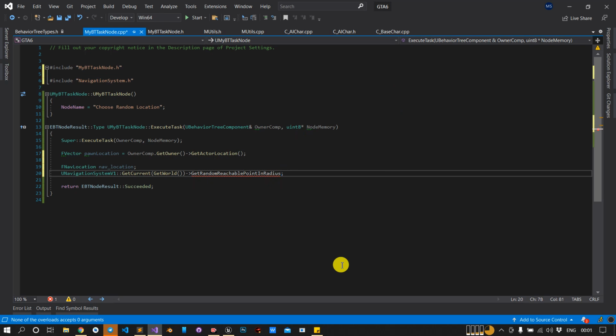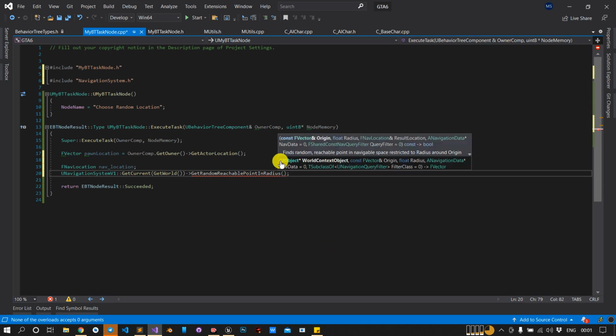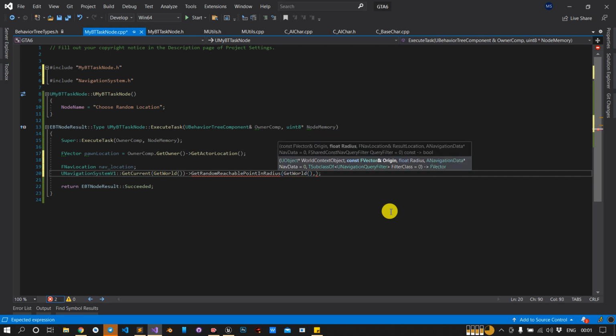So let's start filling this. First is the GetWorld. Okay. Next is origin, which is spawn location. Next is radius. I will keep it as 1000. Comma. Next we have to include the navigation data. If you don't provide anything, then it will pick the default navigation data which you have put in the game.